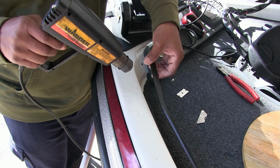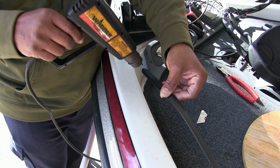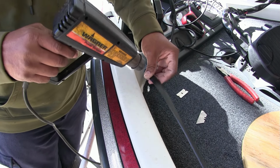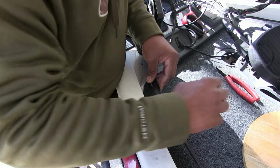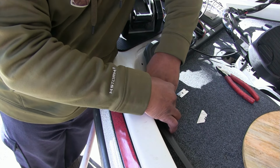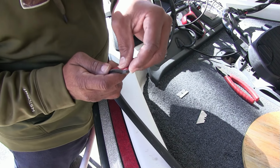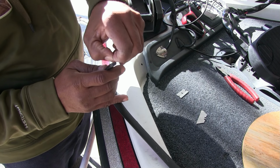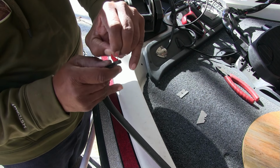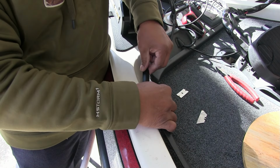So you can see it's starting to get flexible now. Okay, I think that's good enough. So I'm gonna just do a test fit real quickly. Okay, then I'm gonna just pull a little bit of this 3M tape off the back, enough that I can stick down in this corner,